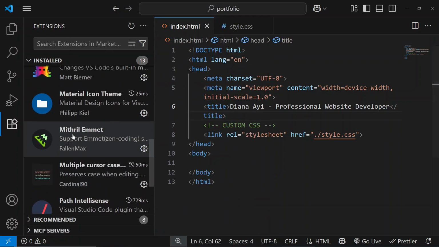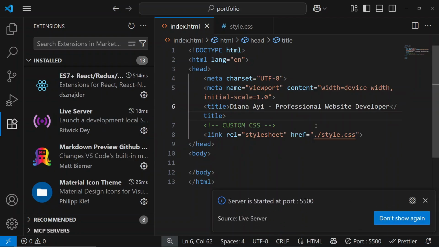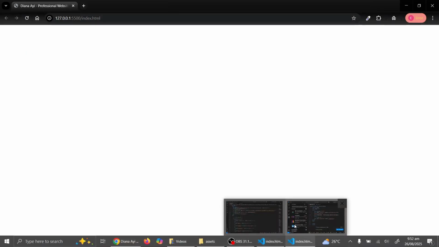Okay, but for the live server you have this that you can click to actually launch this project in your default browser. Okay, so here we have our project. You can see Dyna IE - professional website developer, right? Now what I want to have is